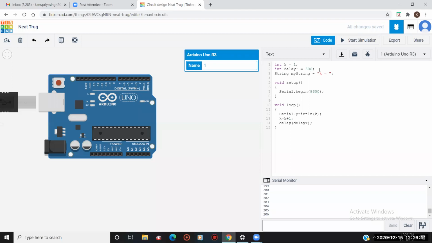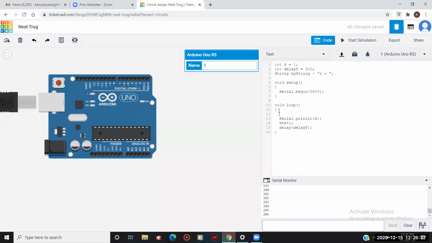Now it is taking, okay, you want to print k also. Okay, I understand, but how will I print it? You haven't given me any command for that. So here I am going to give that command.